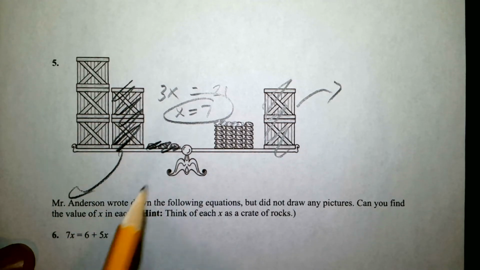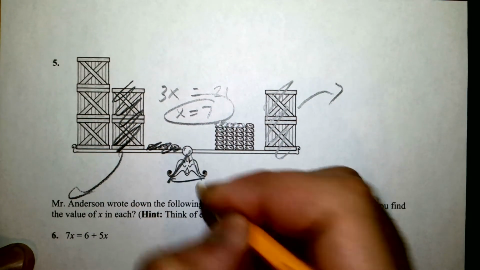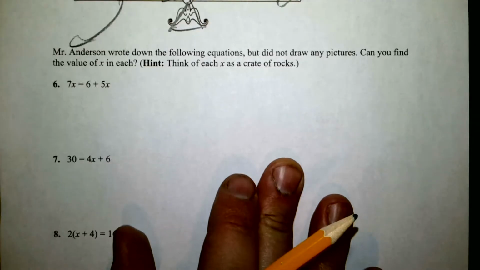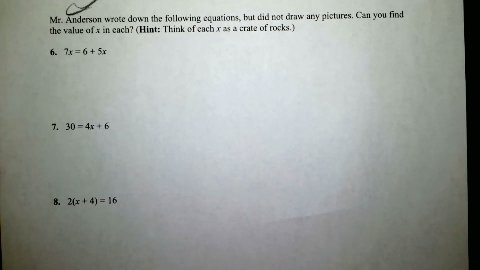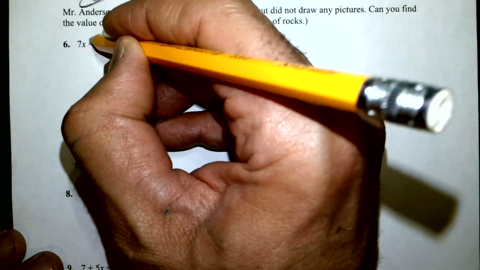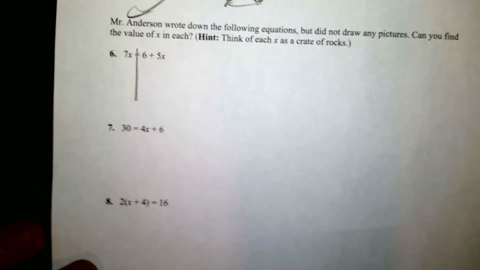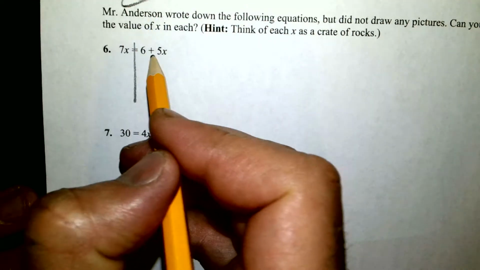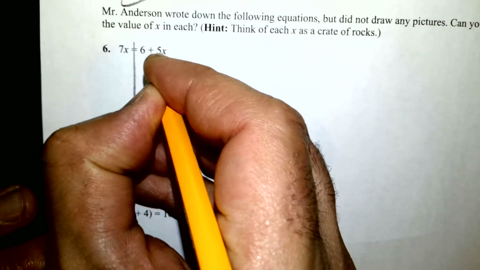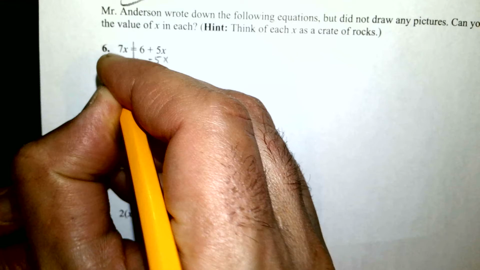So we have been doing it so far by just looking at a scale that's balanced, taking stuff off both sides. We will do the exact same thing when it's a regular old algebra problem. We're going to divide our equation into 2 balanced sides, right through the equal sign. And then you're going to take away things from both sides. Both sides have variables. So if you take away 5x's from both sides,